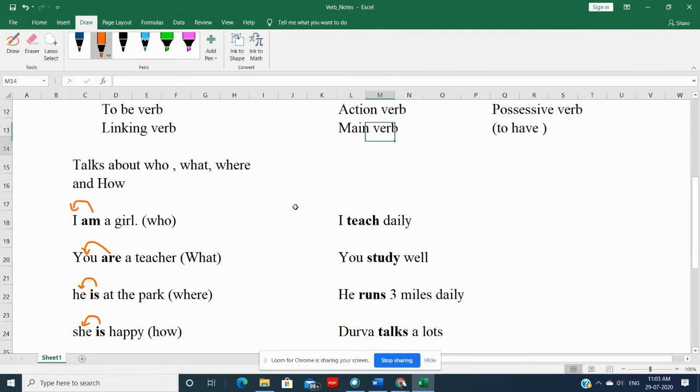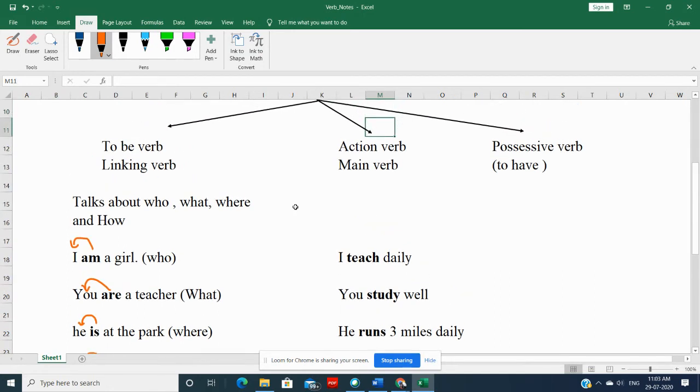Now, let's start talking about possessive verbs. Now see, possessive means to have something, all right? To possess. When you have something or when you possess something, when you belong to something, to possess or belong to something, then you use these kinds of verbs. Now let's see what these verbs are. So there are basically two verbs,